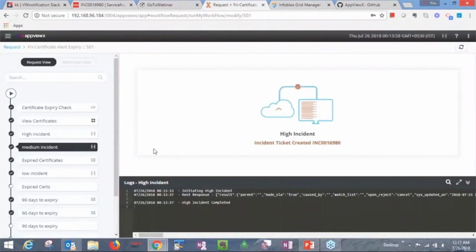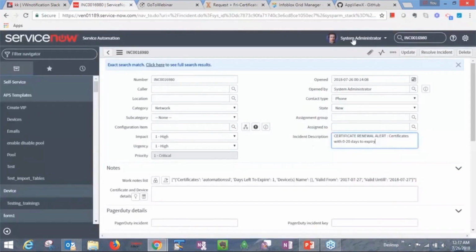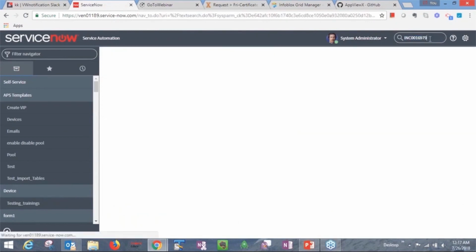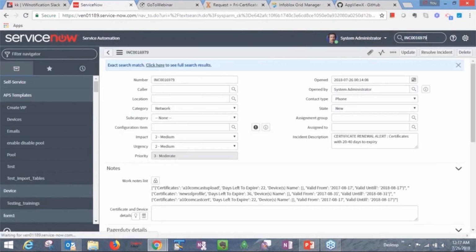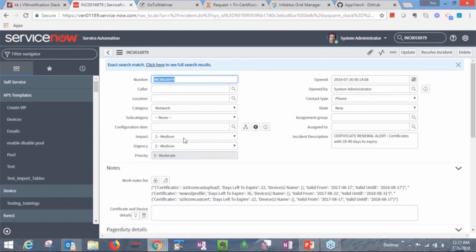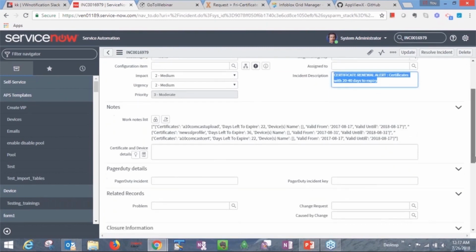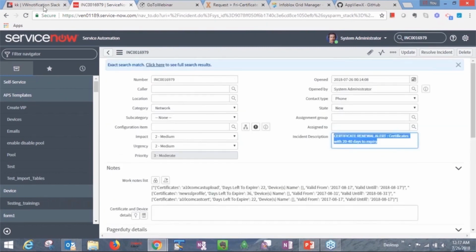So let me take the medium incident ticket, which is 16979, and quickly show how a medium ticket is also created. Yeah. So as you see, there's a medium impact ticket that's got created automatically with the relevant description and the list of certificates that are about to expire.